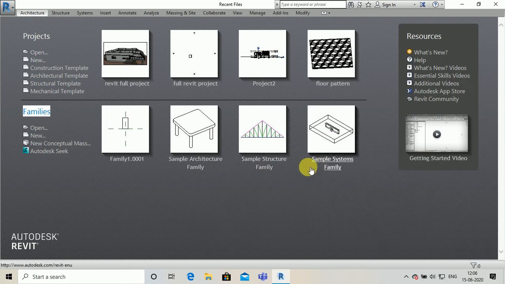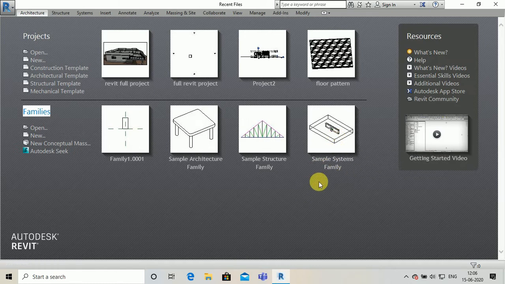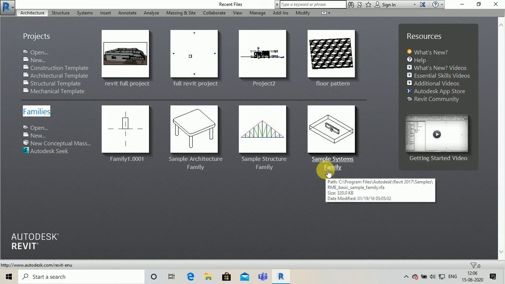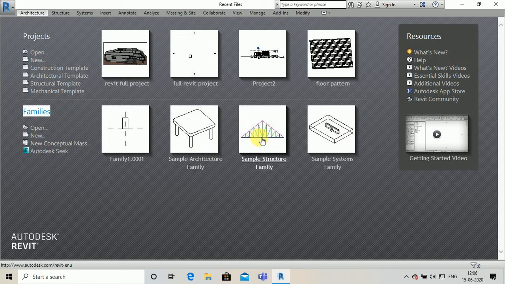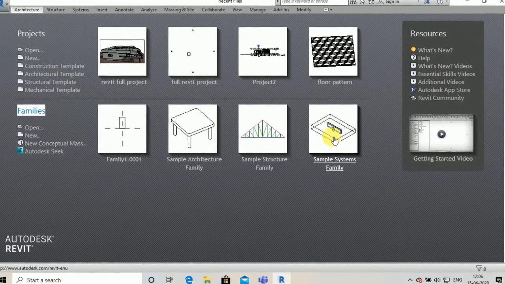So whatever models we create, that is our 3D models, is BIM models, building information models. And also we can make families, like whatever we want to make any design of our doors or windows or any of the ready-made family that is given. So in this video you will learn how to make models or projects, and about families we will learn in the coming videos.